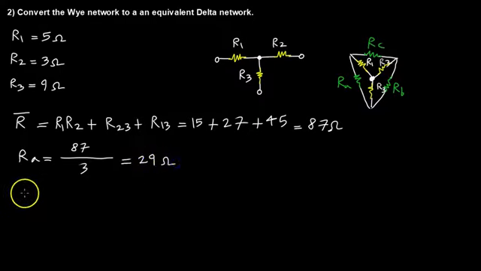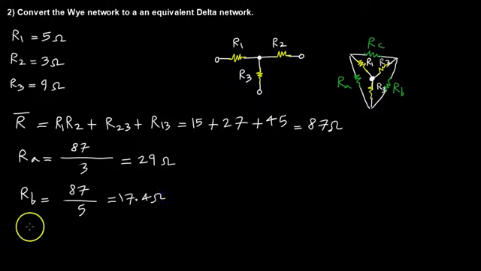29 ohms there. Then I have RB, which I'm going to look at here, and the opposite resistor there in the Y network is R1. So I'm going to have 87 divided by R1, which is 5. So 87 divided by 5, that's going to be 17.4 ohms. Then I'm going to have RC, and there I have the sum, which is 87 again, divided by what's opposite to it in the Y network, which is R3, and that's 9. So when I divide those out, I get roughly